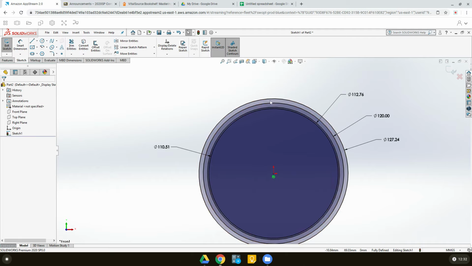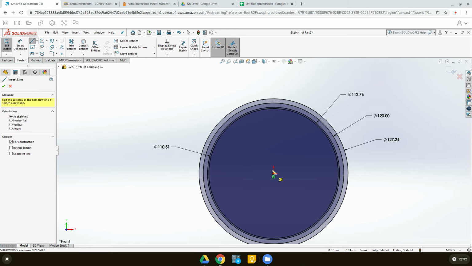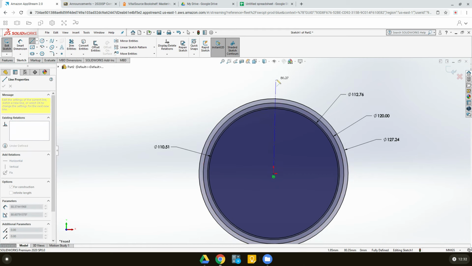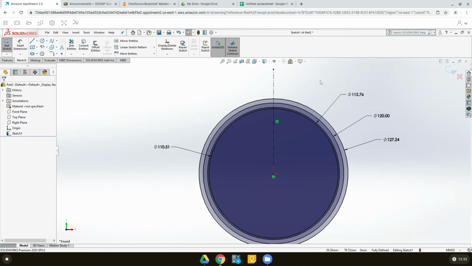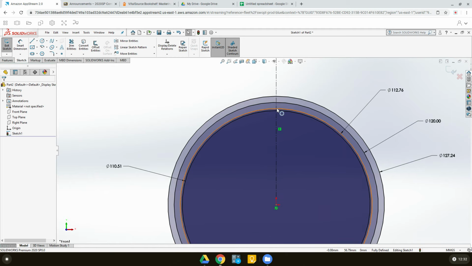Next, what we would want to do is create the tooth profile here, right? So I'm going to draw a construction line, center line from origin, a vertical center line for reference purposes. So that's good. That's the vertical center line. Now we can create the involute tooth profile starting from the base circle,